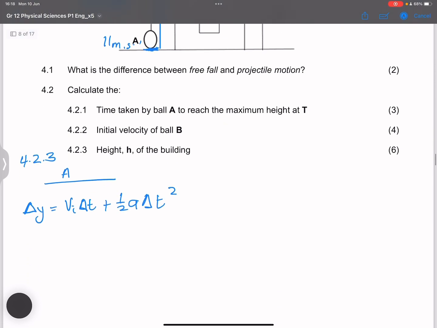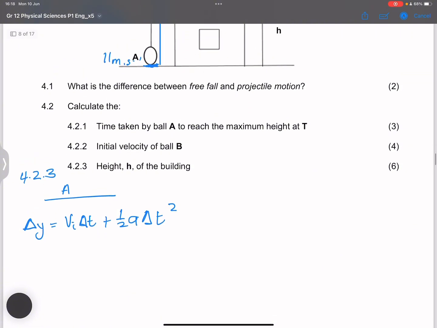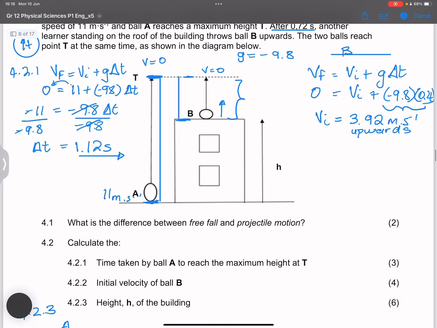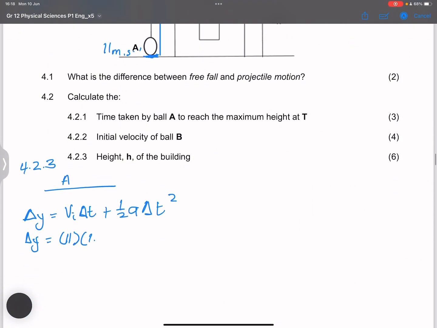Okay, and nothing wrong if you decided to use delta y equals vi plus vf divided by 2 times delta t, right? So let's find that displacement. Our initial velocity is 11 meters per second. The time of flight, we found that to be 1.12